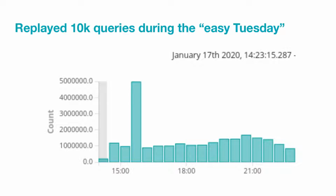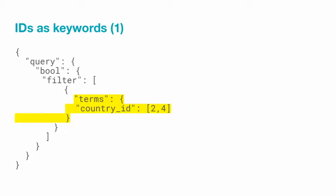So that's it. That was the situation. So let's go with our adventures and lessons learned. The first lesson I want to talk about is that it is important to store your ID data as